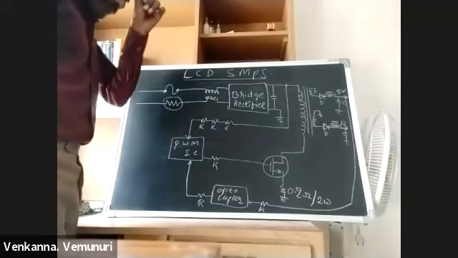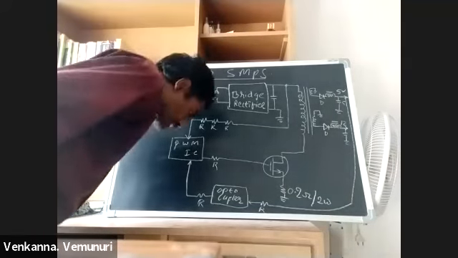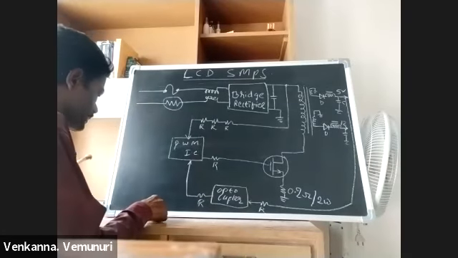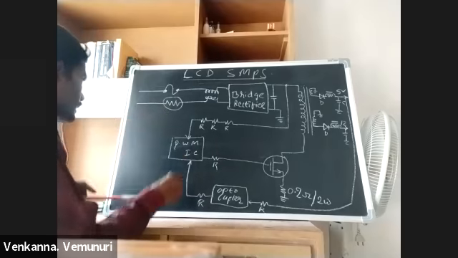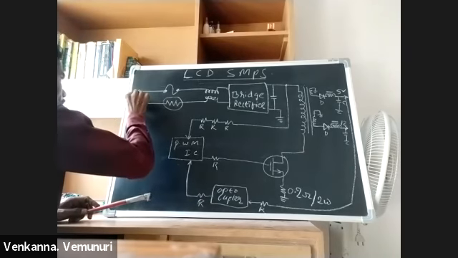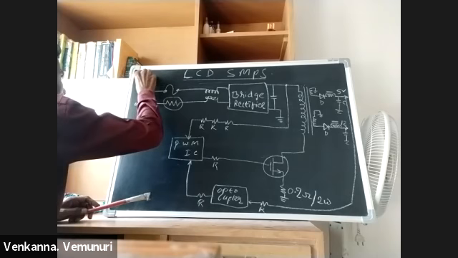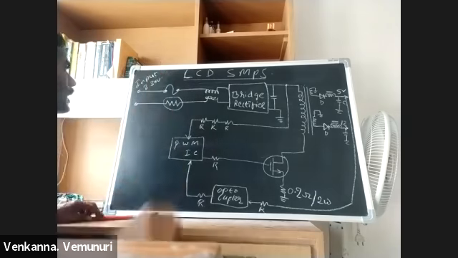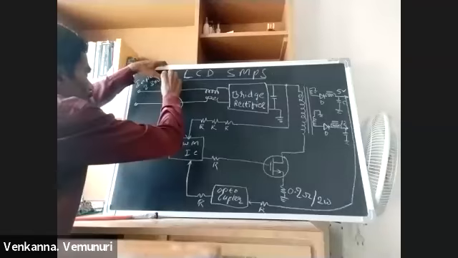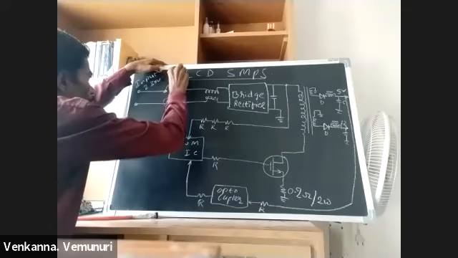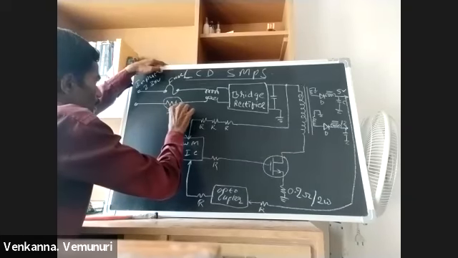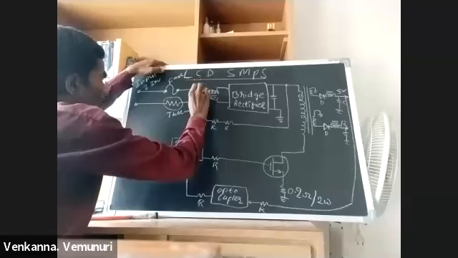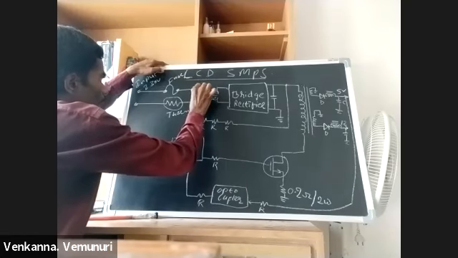This is the LCD monitor SMPS. LCD or LED, in this the SMPS is common. Here, this is the input voltage. Here we are applying 230 volts AC. And in this one line, this is the fuse and this is the thermistor. And this is the line filter.